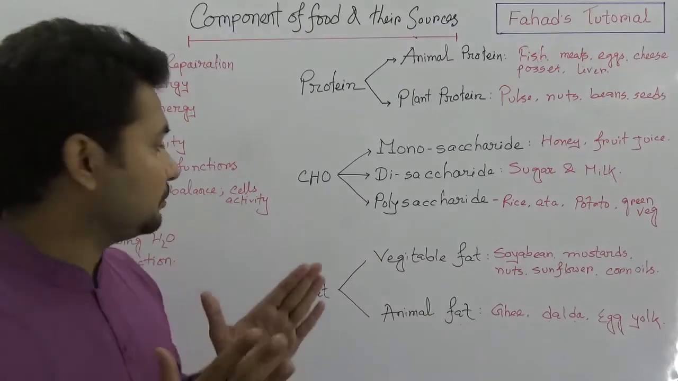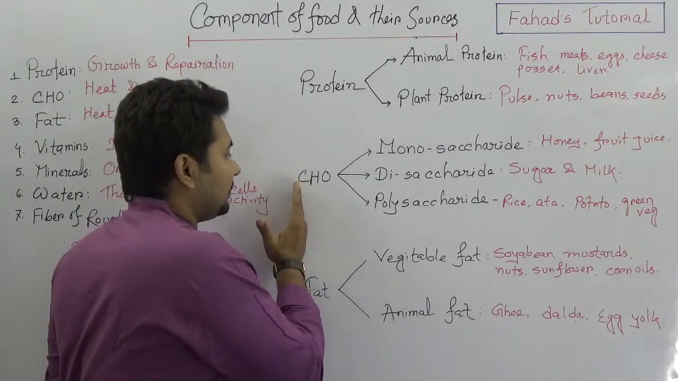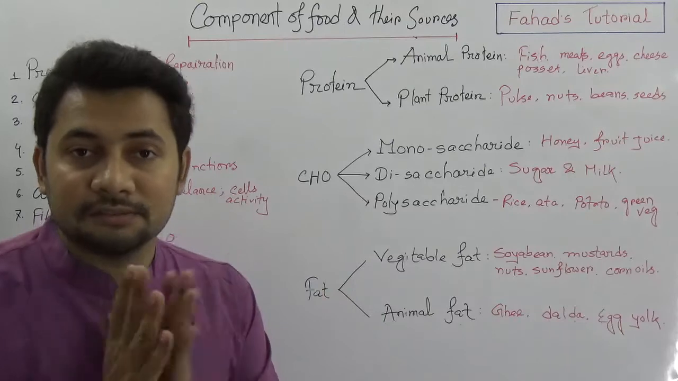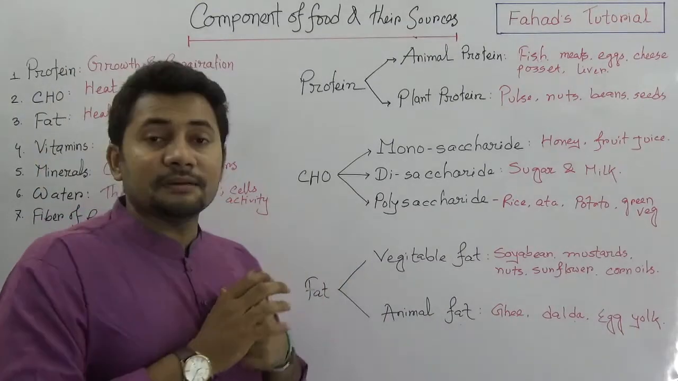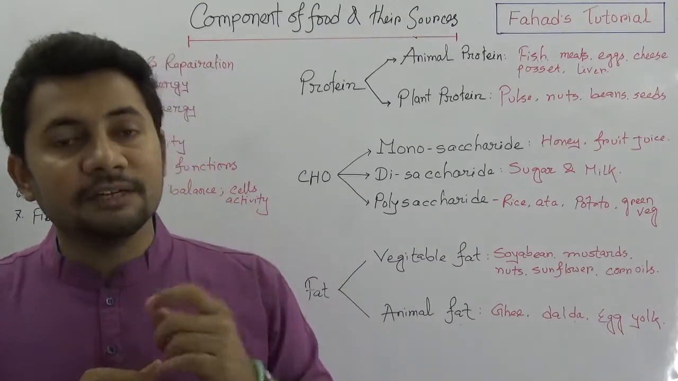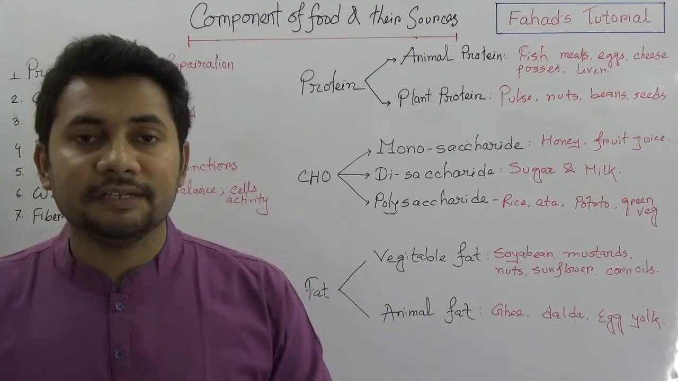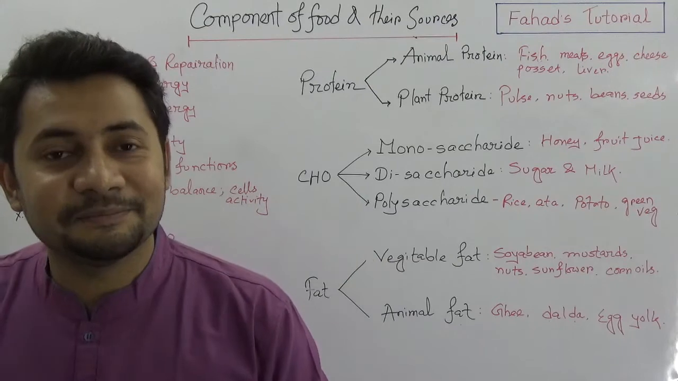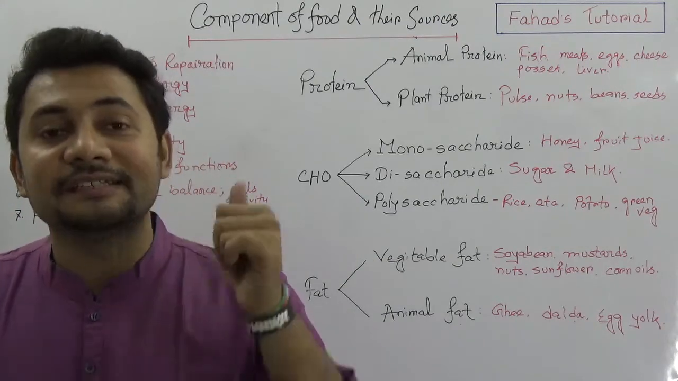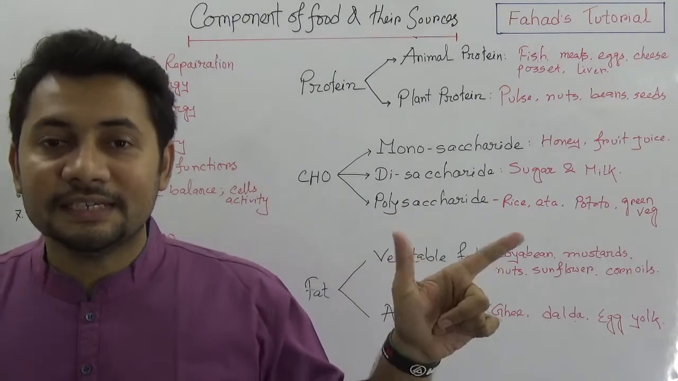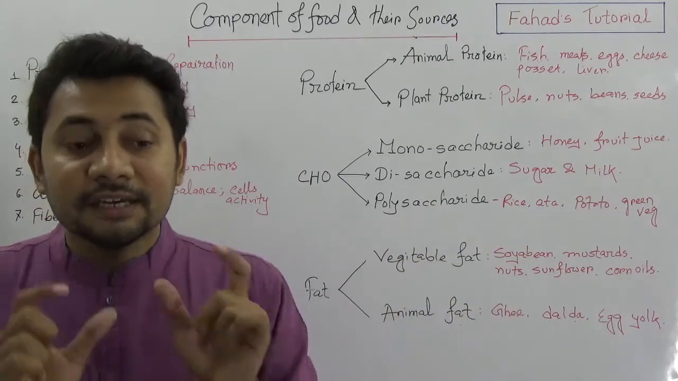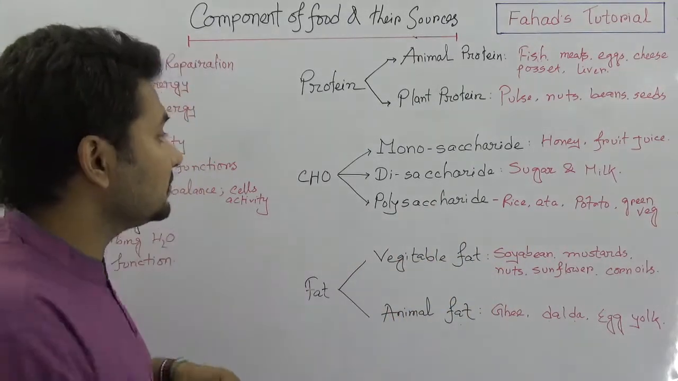Carbohydrate is a food particle where carbon, hydrogen and oxygen are combined together, and carbohydrates are divided into three parts. There is another part called oligosaccharide, but in this tutorial I'm talking about only three: monosaccharide, disaccharide and polysaccharide. This word saccharide means